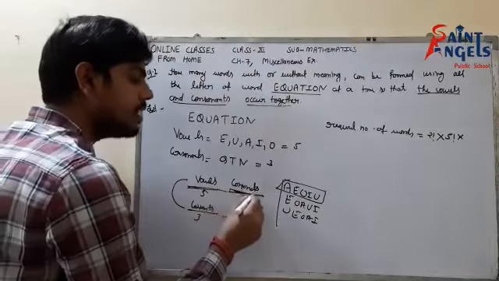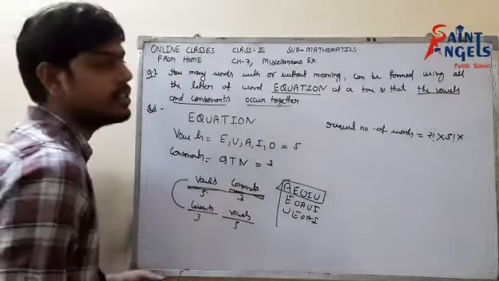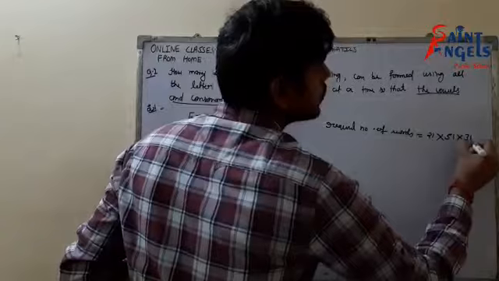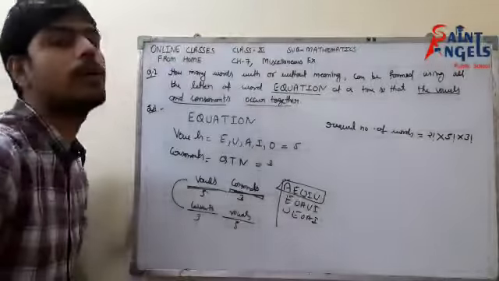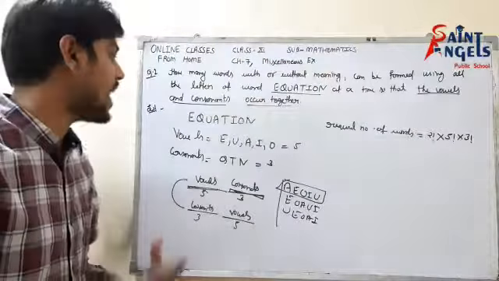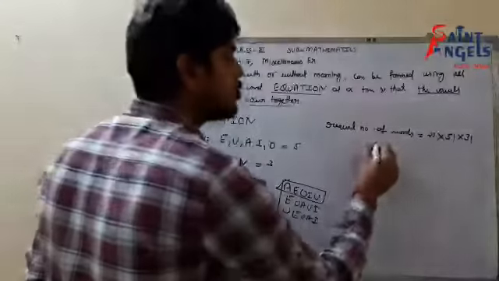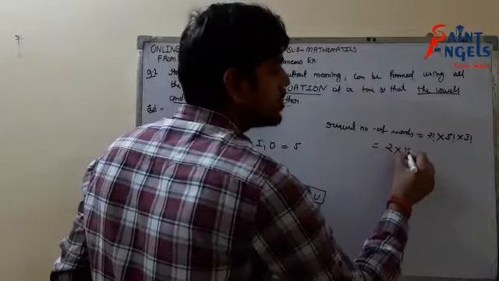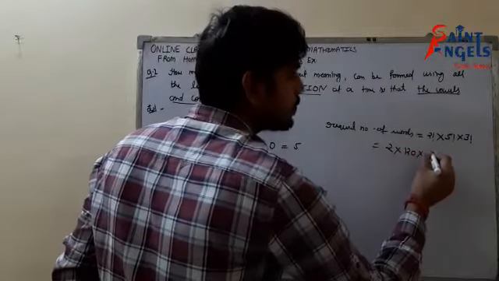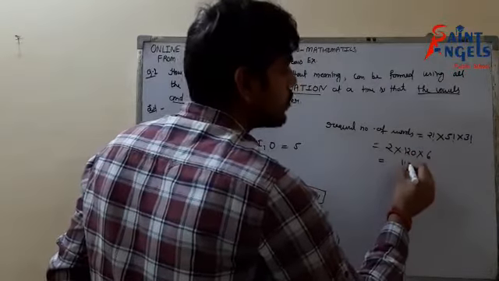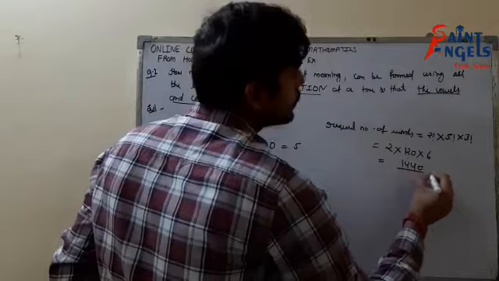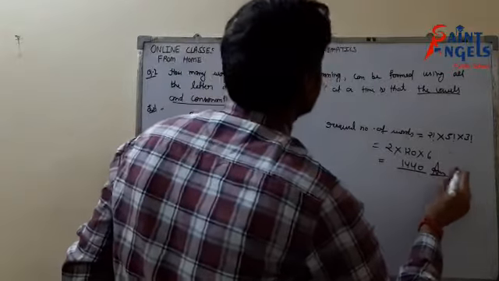Similarly, these three consonants can also be arranged in three factorial different ways. So this would be the total number of words which I can get when I put all the consonants and vowels together. That would be equal to 2 into 5 factorial, which is 120, and 3 factorial is 6. So 12 times 120 would be 1440. These are the total number of words which can be formed.